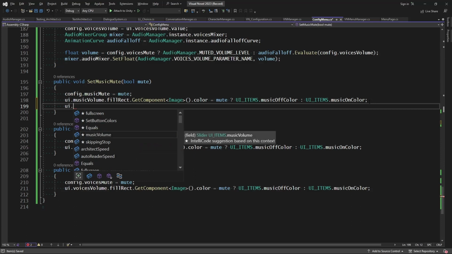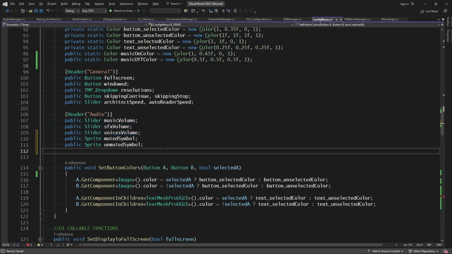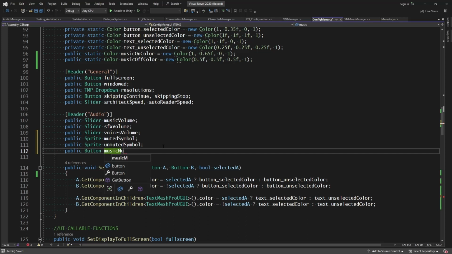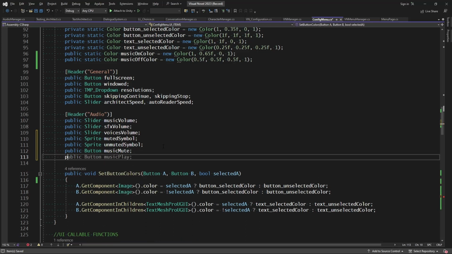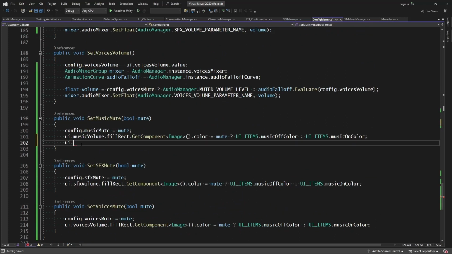And we'll go back to the bottom where we set SFX mute, and we'll go ahead and say UI.mute. Oh, do we not have the button up there? I don't think we do. Yeah, so we just added the sliders, but not the buttons. So let's go ahead and add a public button for the music mute, public button for SFX mute, and public button for voices mute. Come all the way back down and say